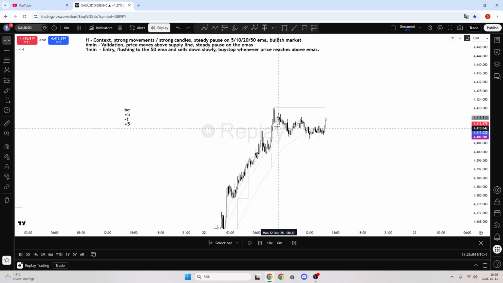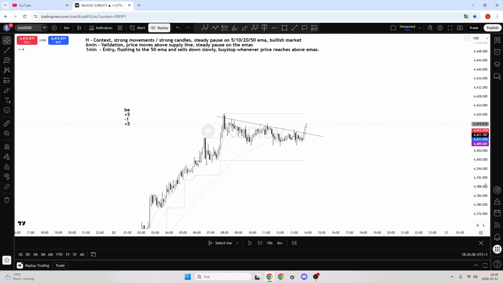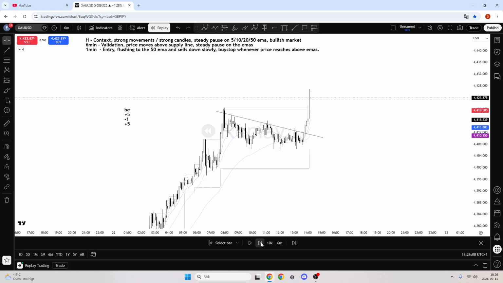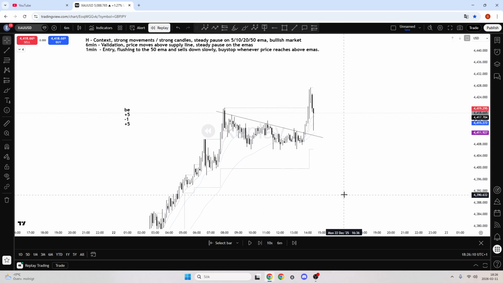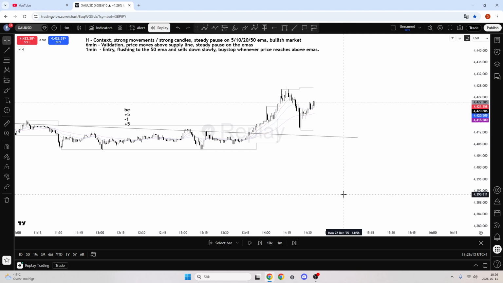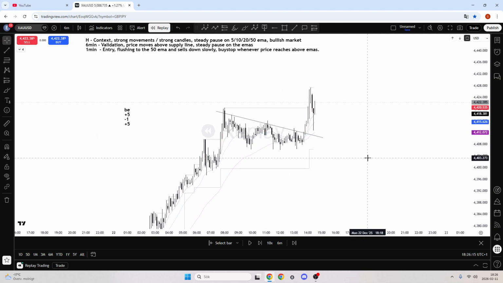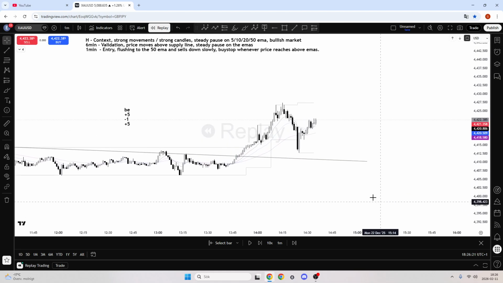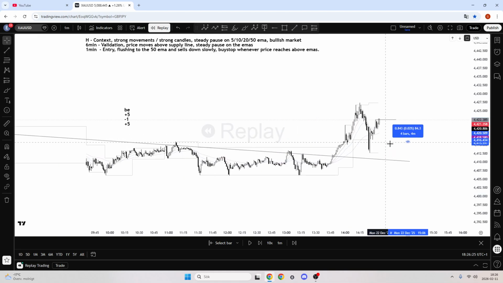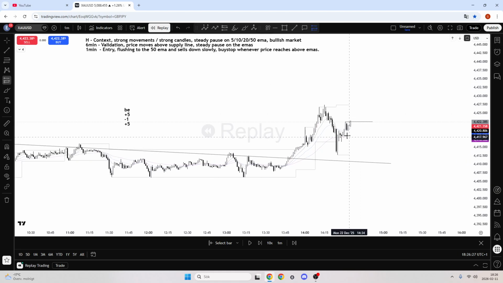So I will just simply look here, draw my supply line, wait for a pause. This is very volatile, so I'm not super interested, or we have just this huge candle to the downside, but sure, I will take this buy stop,